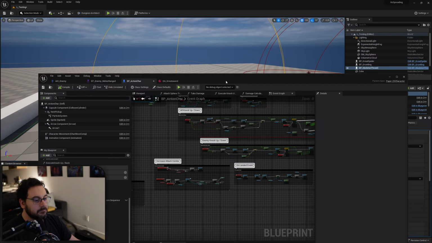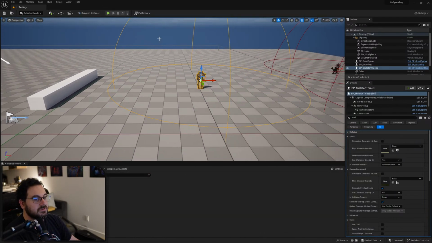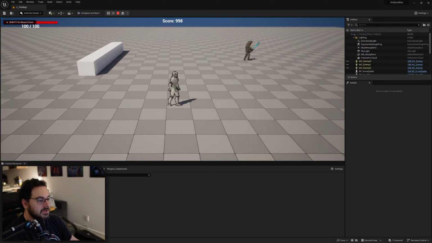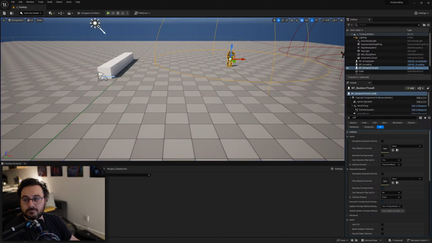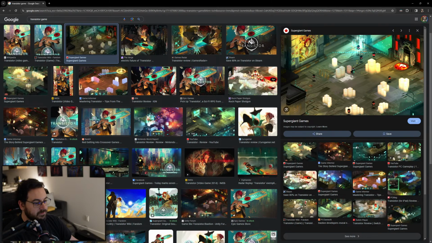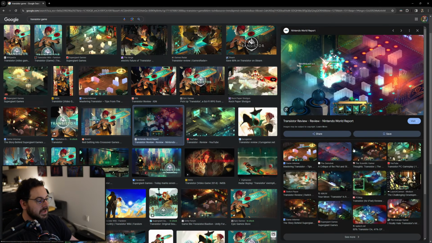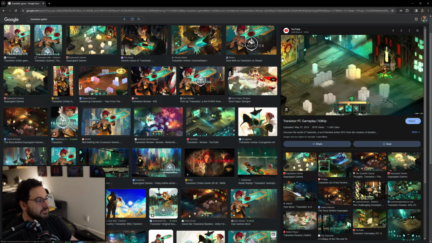But now that we have this, what I want to do next is change up the camera. I want to play with this camera. And the reason is, as I mentioned yesterday, a colleague of mine reminded me of the game Transistor, which, if you guys are unfamiliar with, is a fantastic game. If you've never played it, highly recommended. But it has this top-down orthographic look. Now, I'm not thrilled about the orthographic aspect of it, in terms of my game. I think perspective would look better, potentially, but we're going to try out